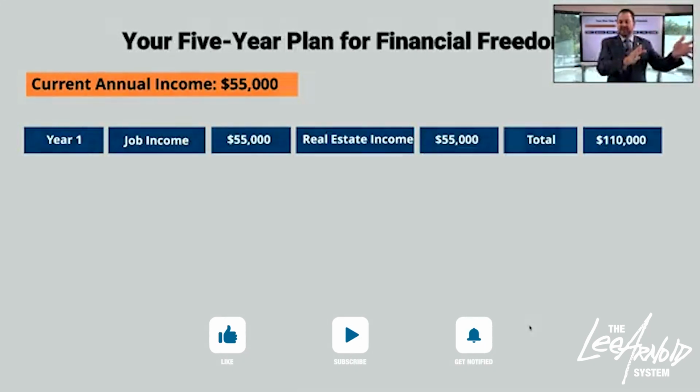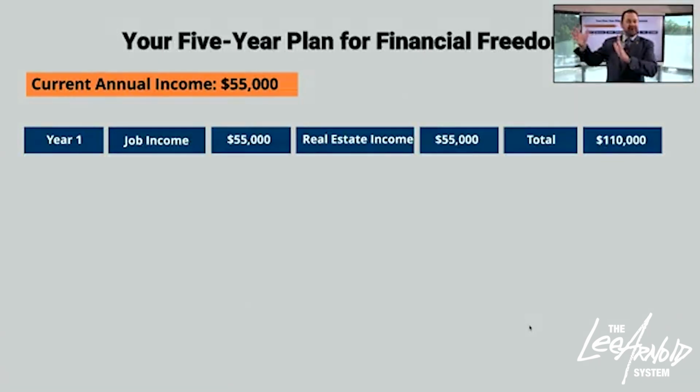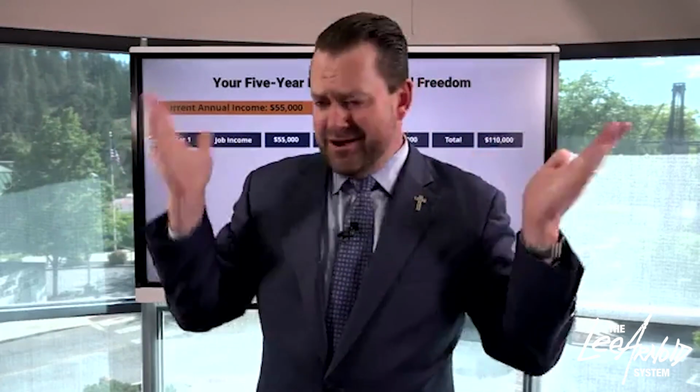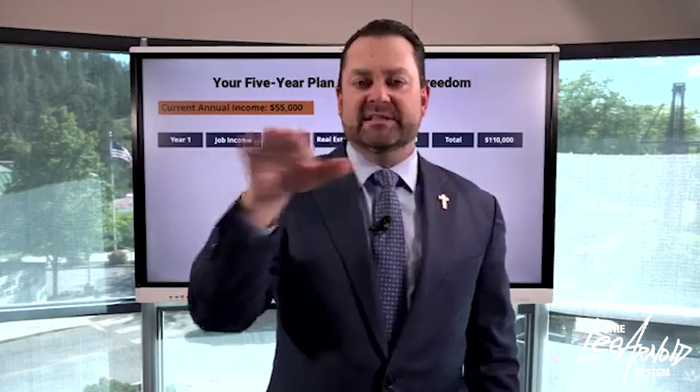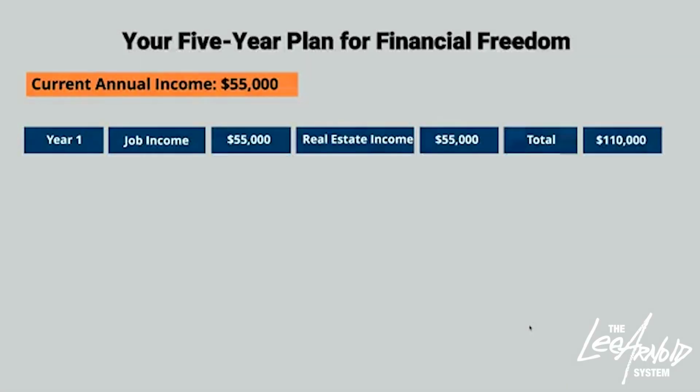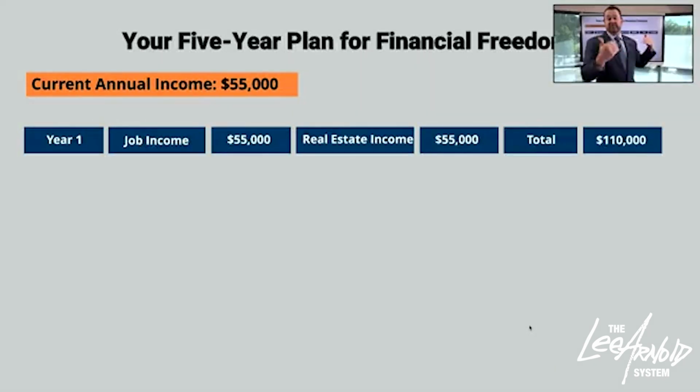So we're going to continue to make 55 grand at the job while we build this other income stream called real estate, called wholetailing, called the $10,000 rehab. We're going to tell the brain to build another $55,000 in income through this new venture. And your brain goes, oh yeah, 55 grand, I get it, that's easy. Well, just let me do my thing. So we get to the end of 12 months from right now and we look back. We have W-2 income from the job of 55,000 and we have 1099 income, or gains, of 55,000 from flipping, wholesaling, wholetailing, retailing, rental income, brokered income. Wherever this other stream of income comes from, the goal is only 55 grand.